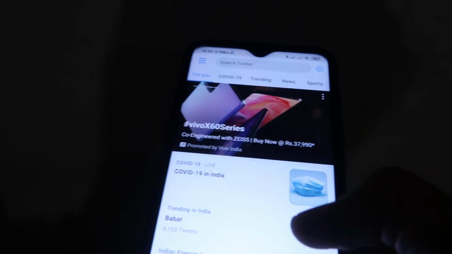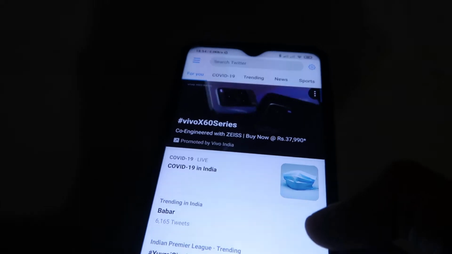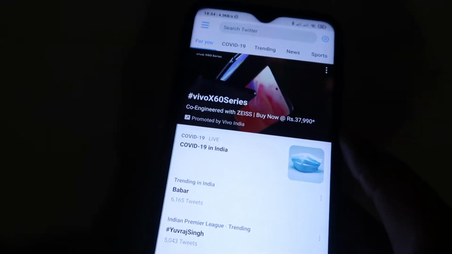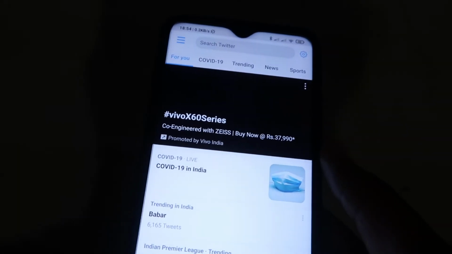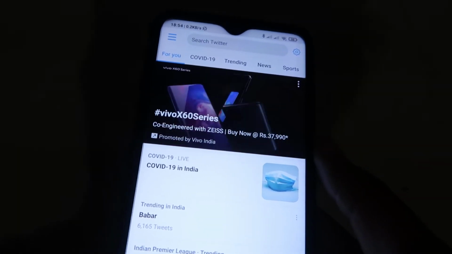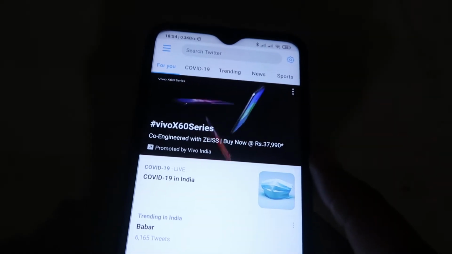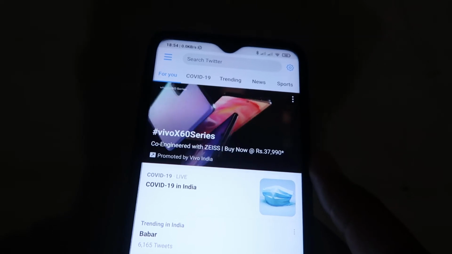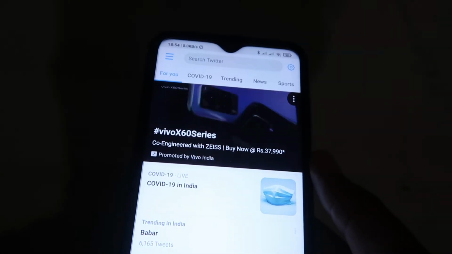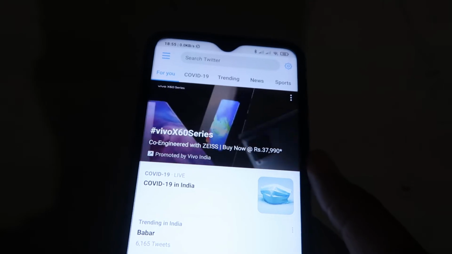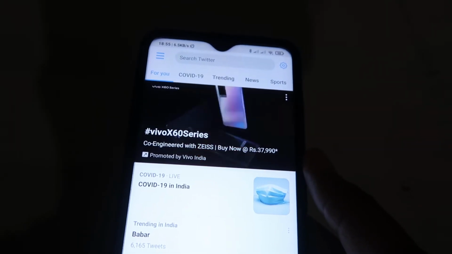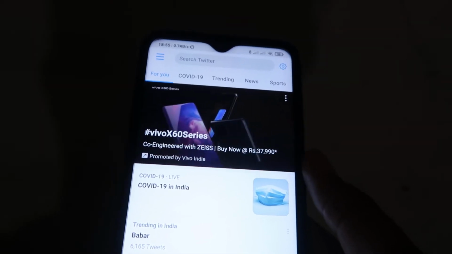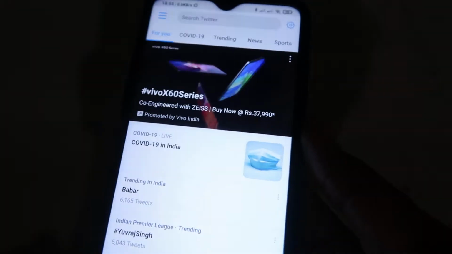Today we are going to let you know something about the great Twitter, how you can remove any retweeted tweets from your tweet feed. Many times it happens with us that we just retweet a tweet, or by mistake we retweet a tweet. Then we think that we should remove this tweet, or we want to remove that tweet for some reason. But when we try to delete that tweet from our profile, we are not able to find the option there, and we think about how we can do it.